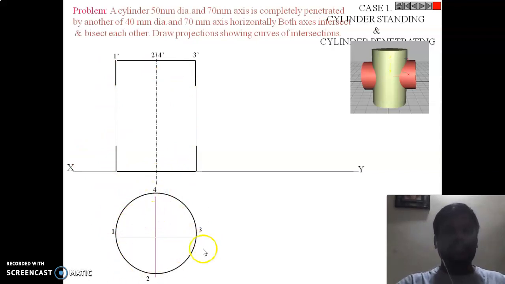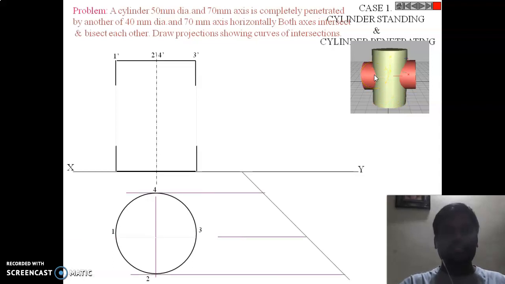I have given here only the top base. The top base is one circle, and you will see another circle here. Viewing from the top, I see a circle divided into 4 divisions, labelled 1 dash, 2 dash in the top view. Now, why do we need to draw the side view? Because the true shape of the horizontal cylinder is seen in the side view of the standing cylinder. When I view this horizontal cylinder, I need to draw a circle, and that circle lies within the standing cylinder.